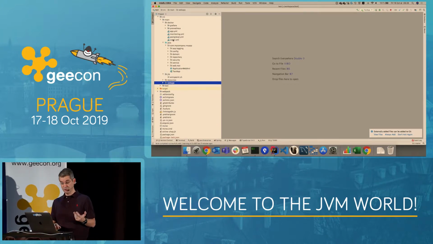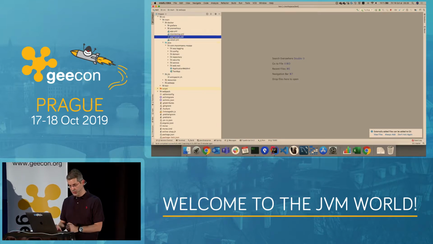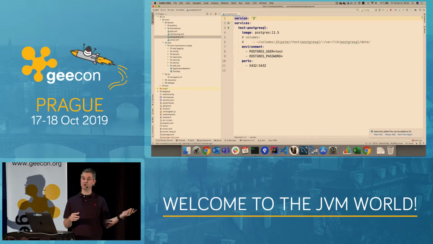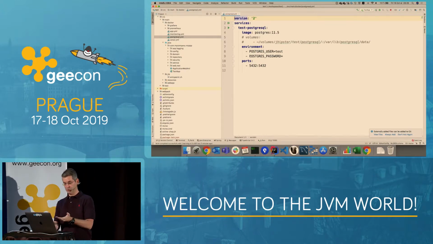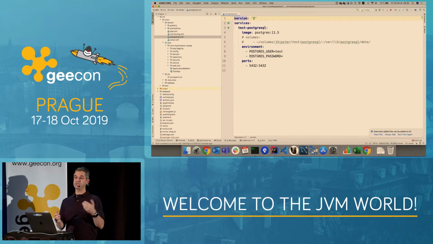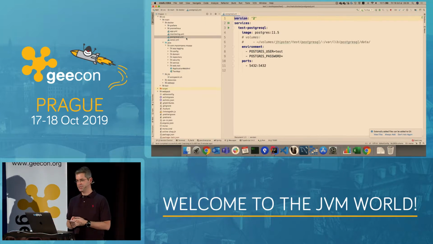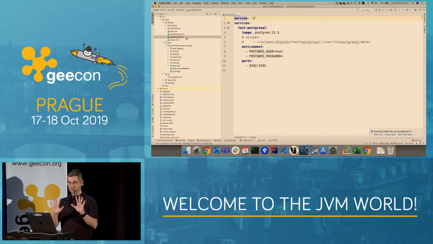The first thing is just use it on your machine. For example, it generated for me a PostgreSQL configuration. Remember, I selected PostgreSQL for production, so I've got a PostgreSQL.yaml file. If I had selected MySQL, I would have a MySQL.yaml file. If I had selected MongoDB, I would have a MongoDB.yaml file. All this is pretty classical. So I can use that to work on my machine like in production. Just do Docker compose up, and everything will be running.